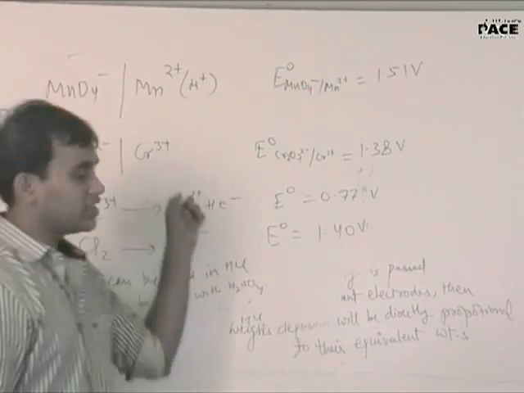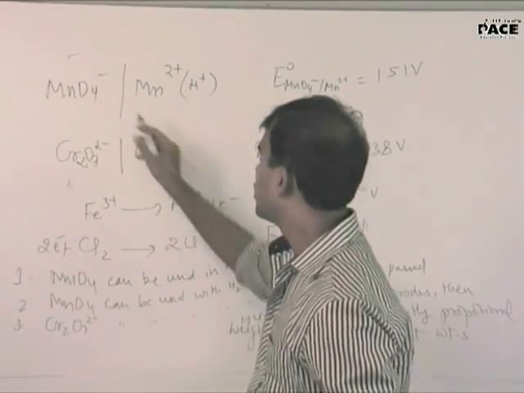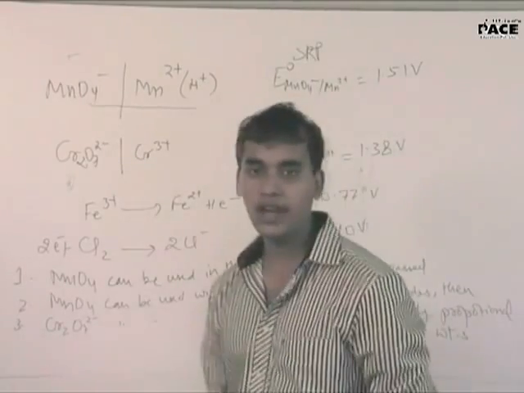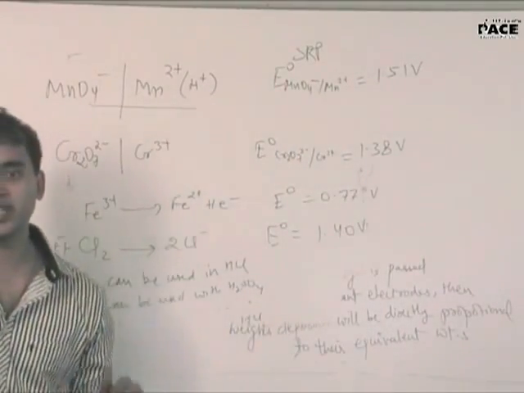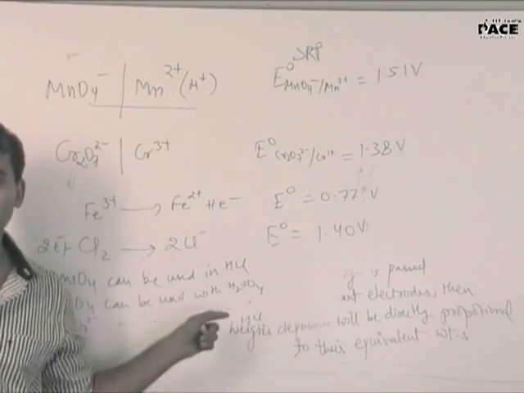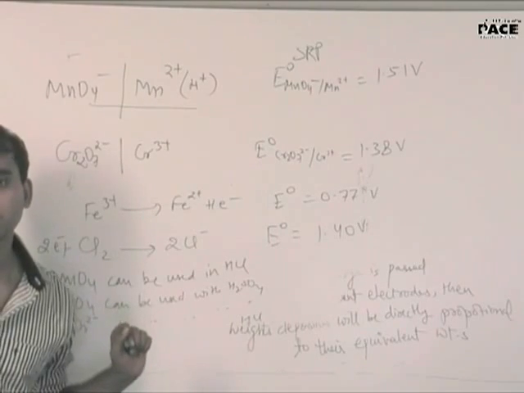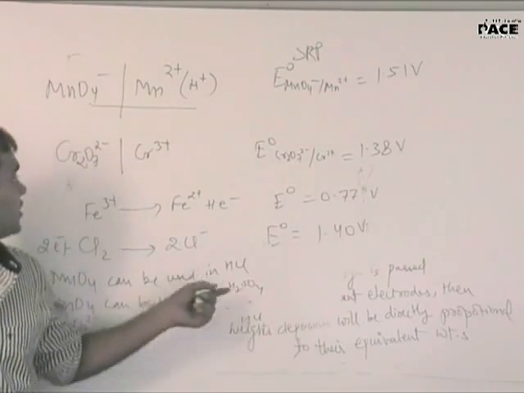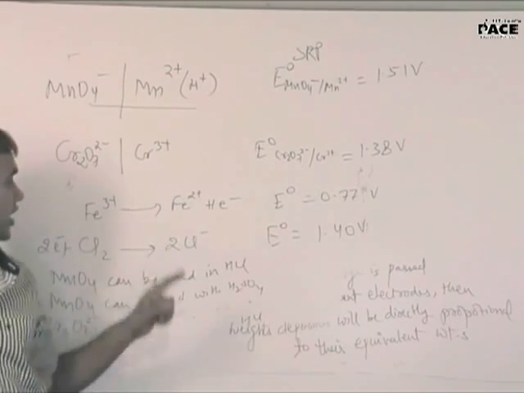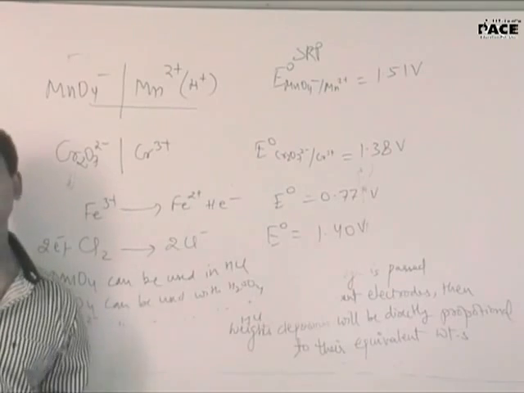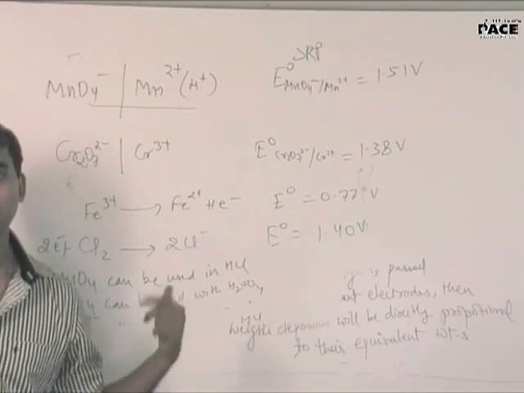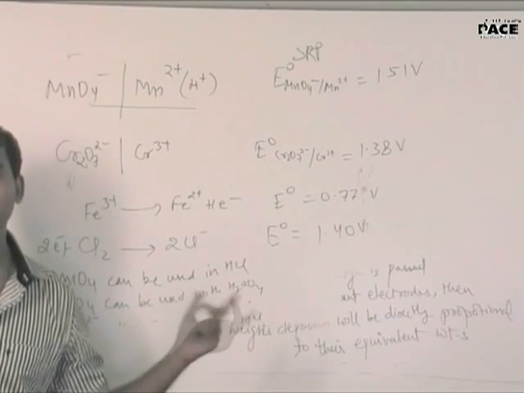Okay. So see, in this question, you know that MnO4 minus is reducing to Mn2 plus, so you know the SRP, right? If I am using the same equation in HCl, what is going to happen? There is a possibility that H plus is getting reduced, and there is also a possibility of Cl minus getting oxidized. So in case I want MnO4 to be used in HCl, I have to check first whether Cl2 will be evolved or not. How can I check? I can compare the SOP.